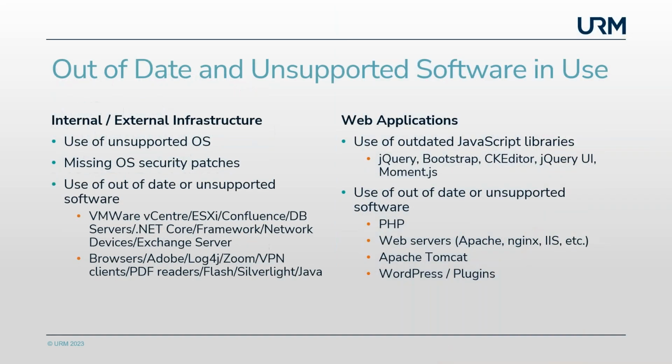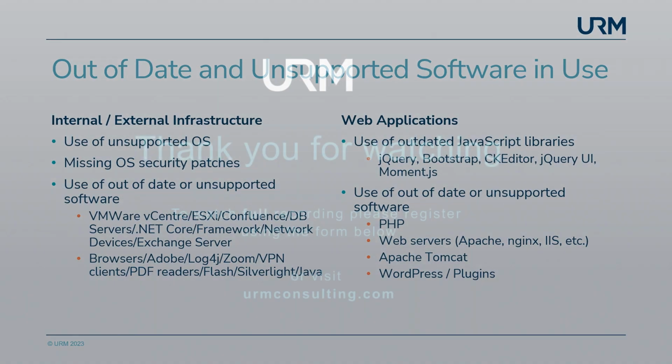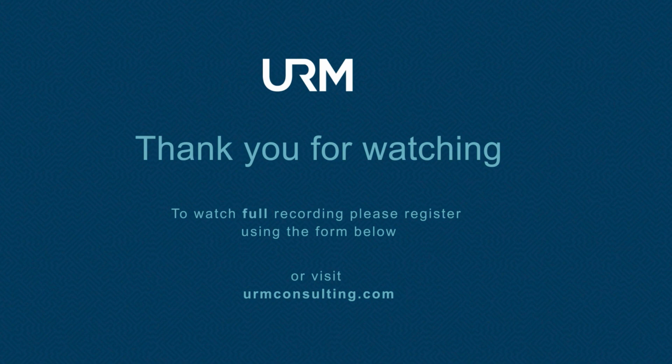One of the most common things we identify during pen tests is the use of out-of-date, vulnerable and unsupported software, which is something that we find both in infrastructure testing, network testing, as well as web application testing. The type of findings we identify are related to unsupported operating systems, such as old Windows